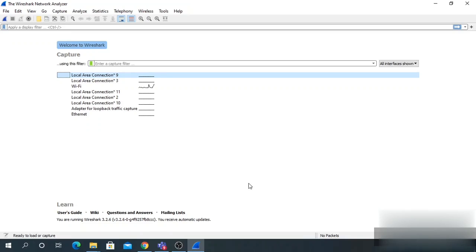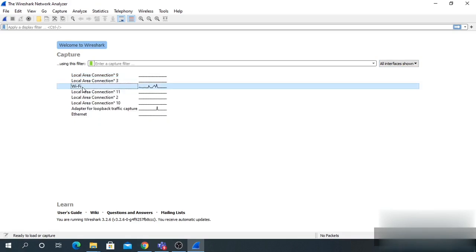Now, here we can click on the Start Live Capture button on the GUI that is going to capture the packets in real time. First, we will select the interface. Here it is showing all of the interfaces.